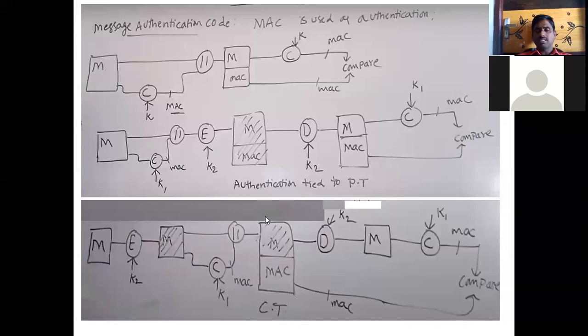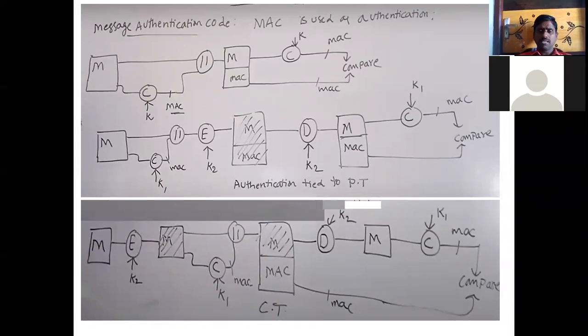After adding these two, in this structure it is shown as M with a line. It is encrypted, so it is a ciphertext. This MAC is this one. Now only on this M you are performing the decryption. In the previous case, you performed the decryption on these two. Now with the key K2, you will get plain text.